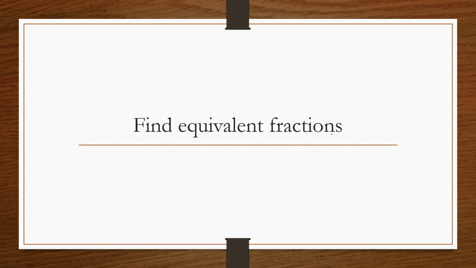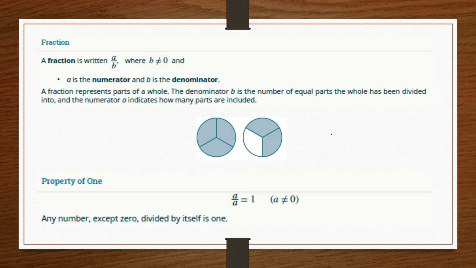So our first topic here, finding equivalent fractions. Again, let's start with a basic definition. So the notation here shows that a fraction is typically written in this form, a over b, the stipulation being that b cannot be equal to 0, right? So division by 0 in mathematics we say is undefined, and so we had to put that sort of limitation on our definition. So we call a, whatever expression it may be, it could be a number, it could be some sort of variable, the numerator and b is the denominator value,